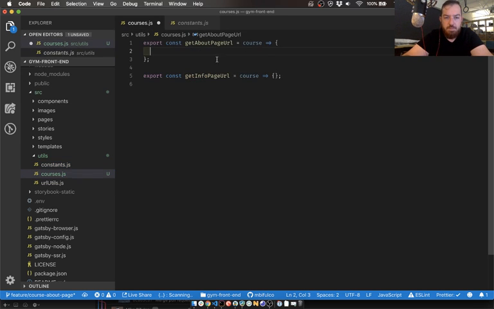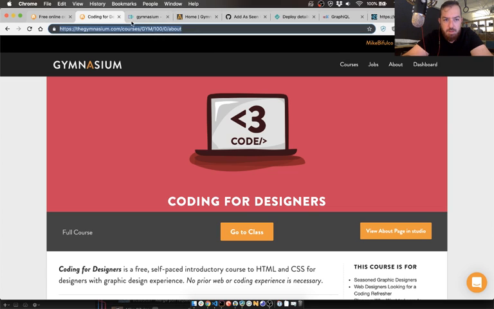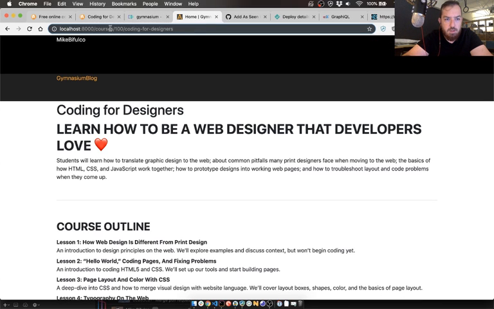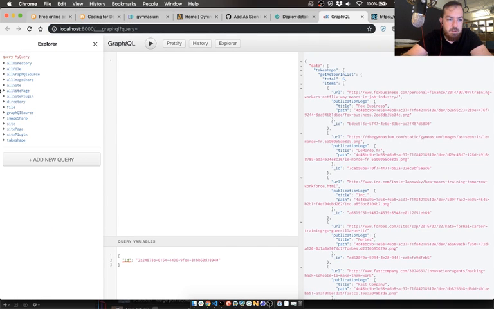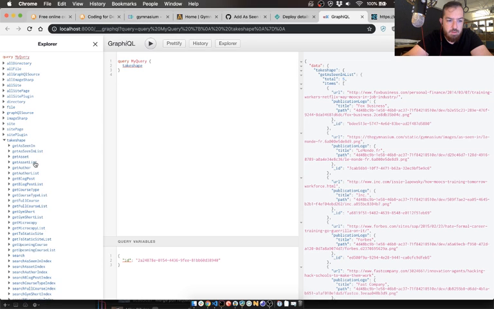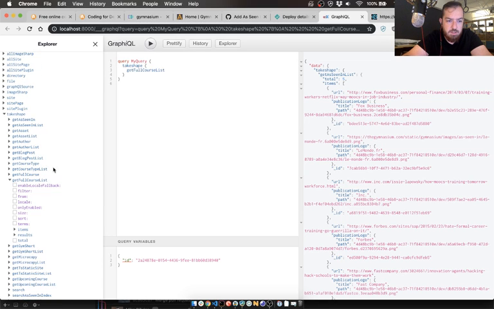All right, so what is this going to look like? Well, for the about page for our courses in the new world, it looks like courses, then the course number, and then the hyphenated course name. Where does that come from in Take Shape? Well, let's take a look. If I do all Take Shape, and then I do get full course list and run it,